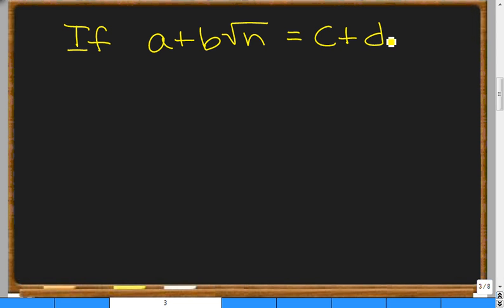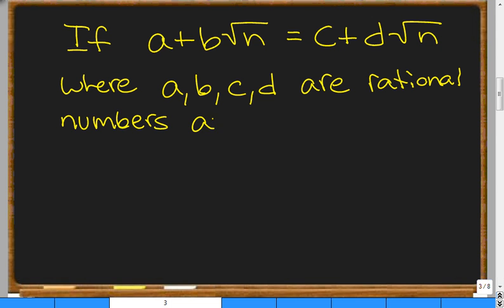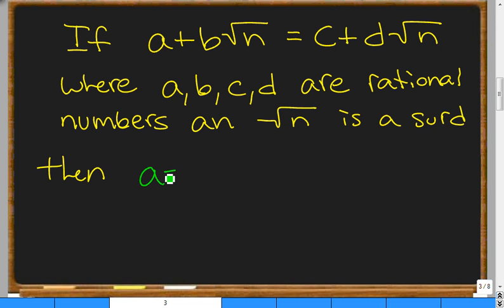There is one other statement as well, and that's if you have, let's say, a plus b times the square root of n, and that equals c plus d times the square root of n, where a, b, c, and d are rational numbers. Okay, and the square root of n is a surd. Then we can say that a equals c